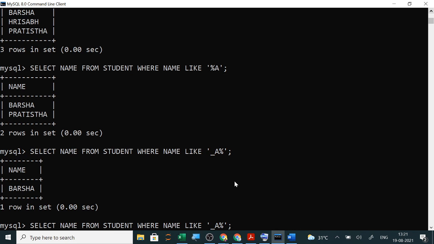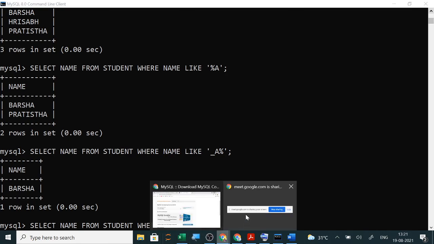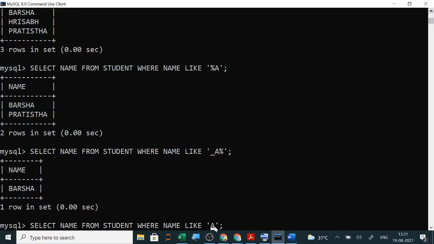Second last character A, then what will I type? Second last: percent A underscore percent. Yes, correct.